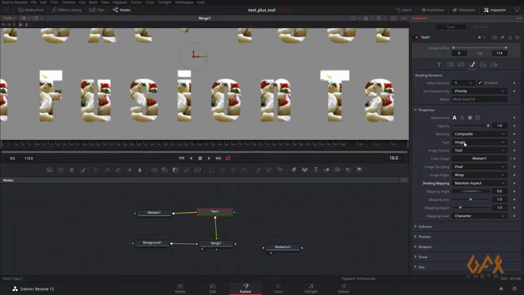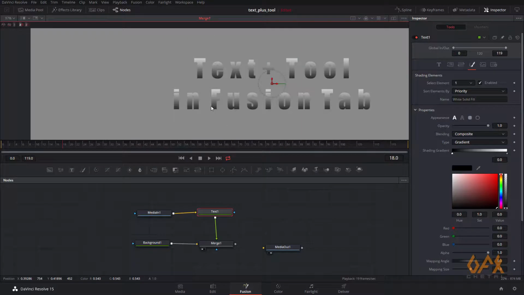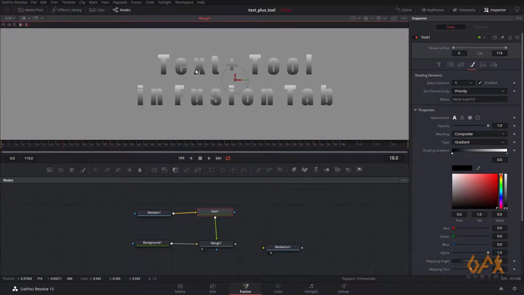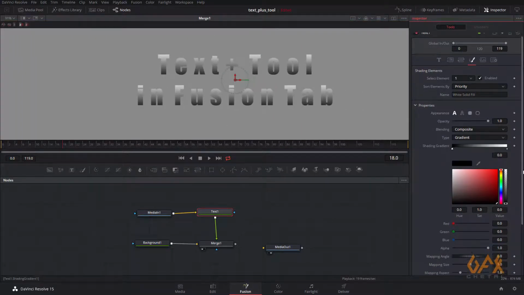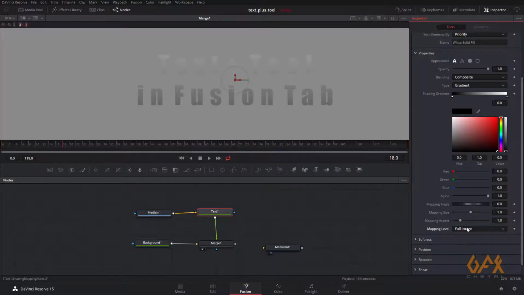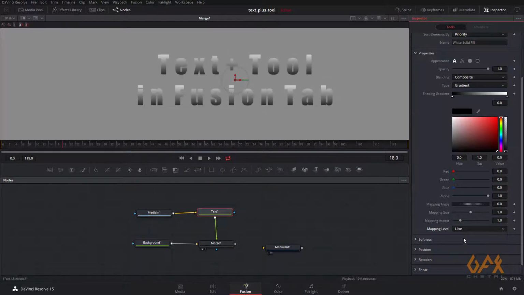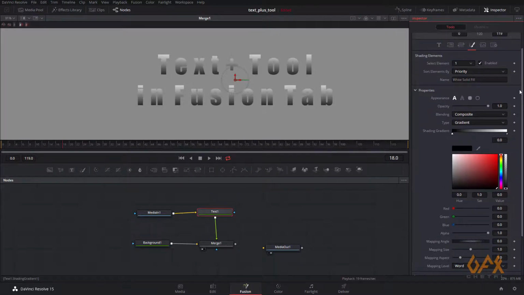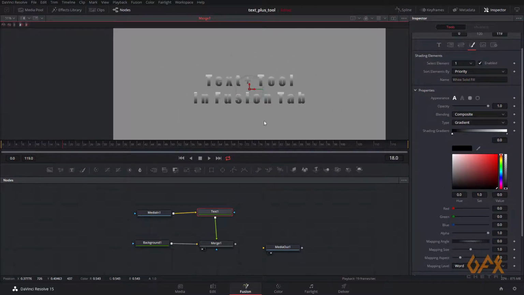Now I set it to gradient and you can set the gradient on your text. So same way, if you change it from character to full text or line or word, you can change from here.